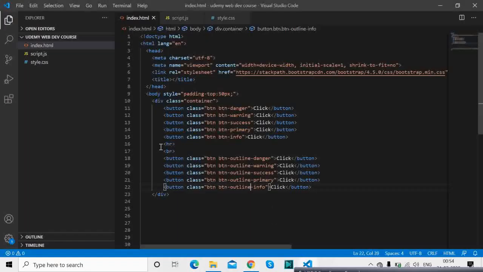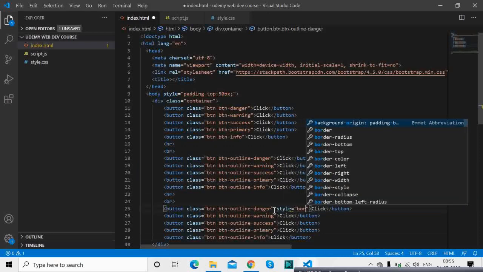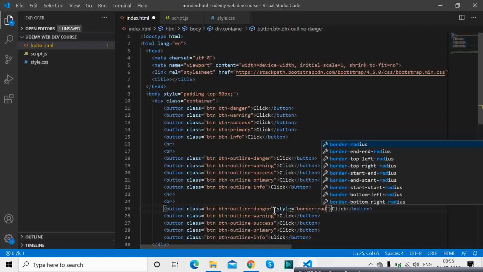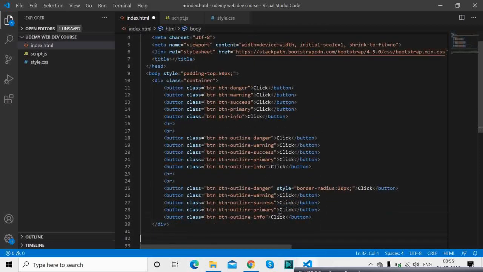So for that I will again copy this and I will provide some styling over here. And what I will do is I'll just copy this on all the set of classes.